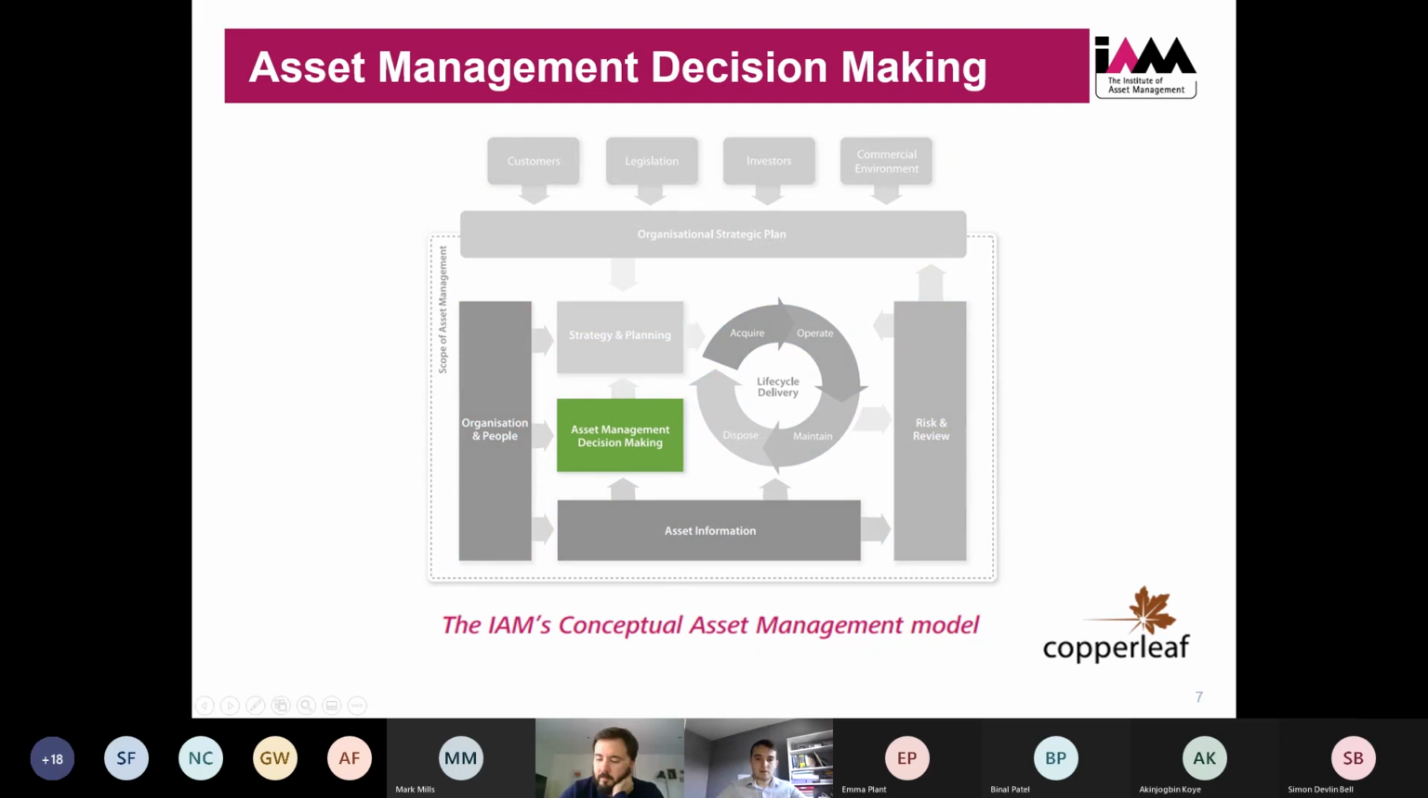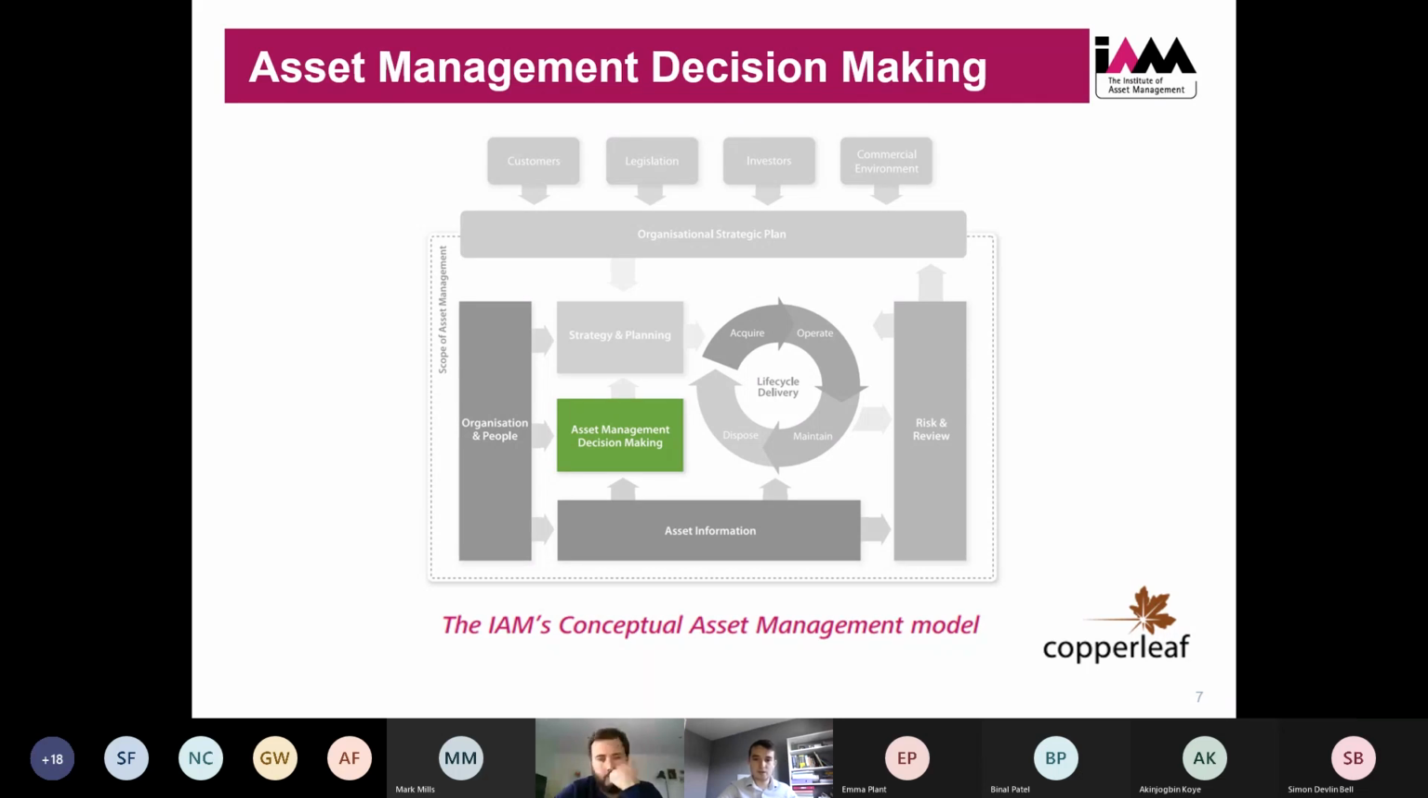So the subject of today's webinar is this one here, asset management decision making. As is presented within the anatomy document, it's the second of 6 asset management subject groups. From the position of this subject on the screen and from the arrows that you can also see moving into